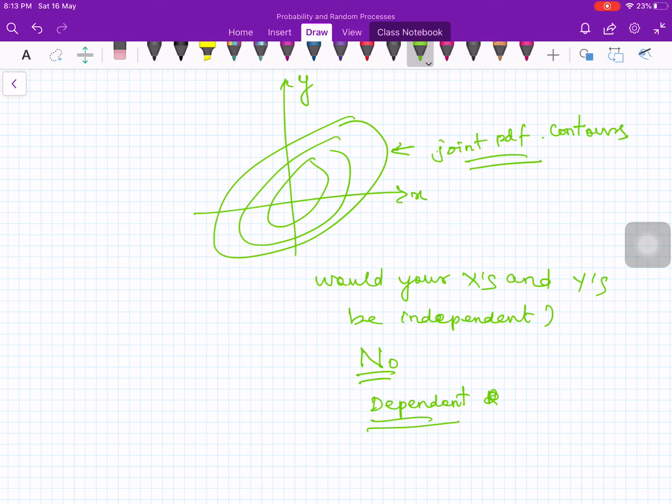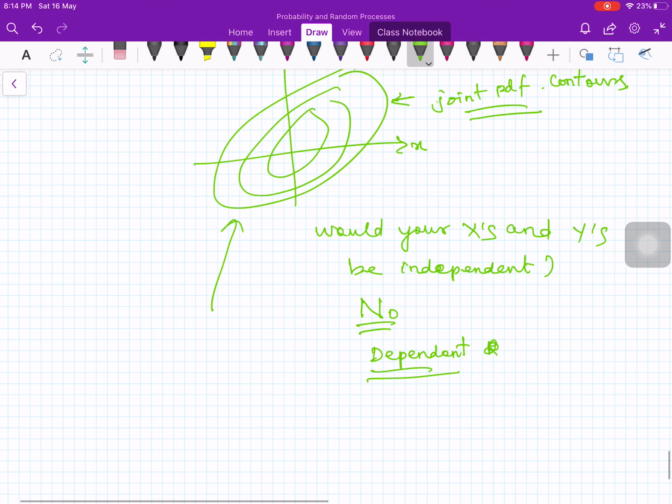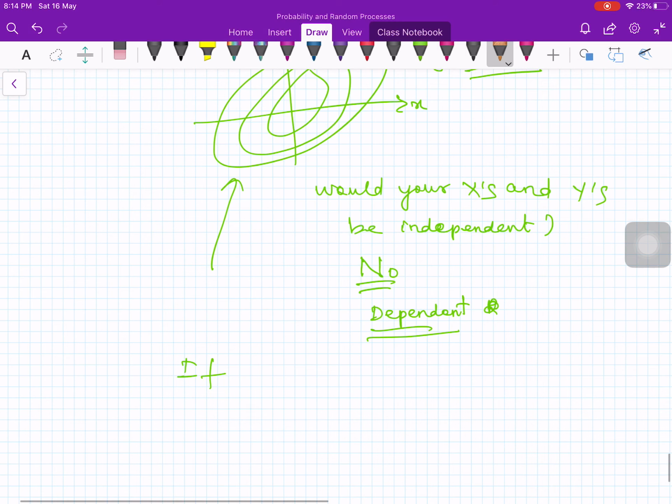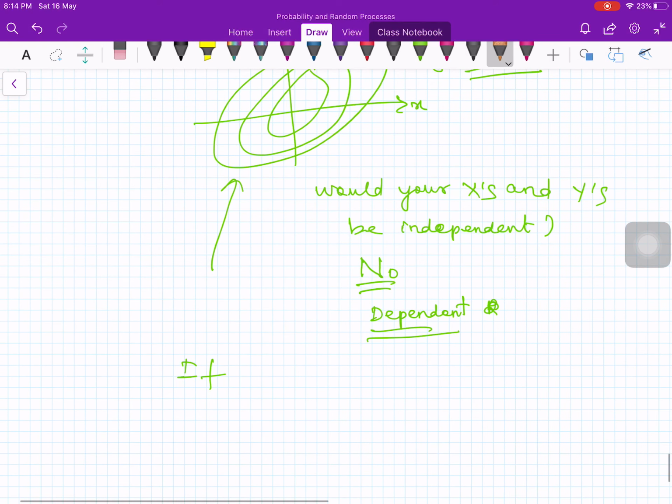So this figure would indicate that there is a relation between x's and y's. That is, when you have bigger x's, then you would expect to also get bigger y's. So it would be the case of dependent normals. Let me write down some important points. This is a very important point because based on this we are going to build a very important concept called covariance and the correlation coefficient. That is why I am going a little slow in this.